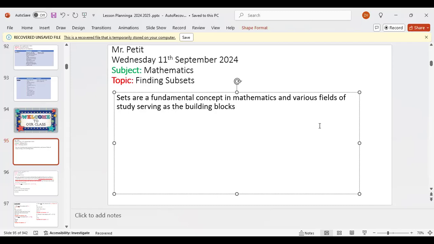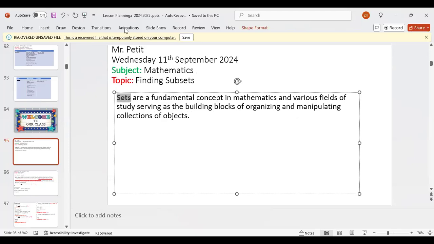Sets are the building blocks of organizing and manipulating collections of objects. So we know from the first time we introduce sets that a set is a group of things.